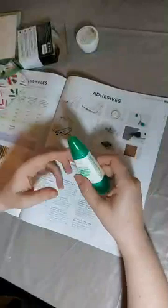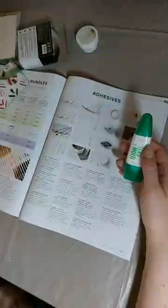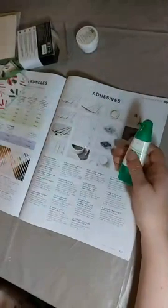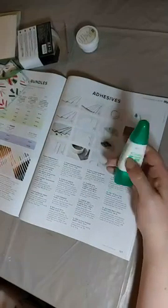Multi-purpose liquid glue is number 13, and not unlucky for some. I love this glue. Okay, I actually love this glue. I think it's the best glue probably I've ever used, and I would always default to this. If I could choose only one adhesive type to have, it would be this one, because I think it's really